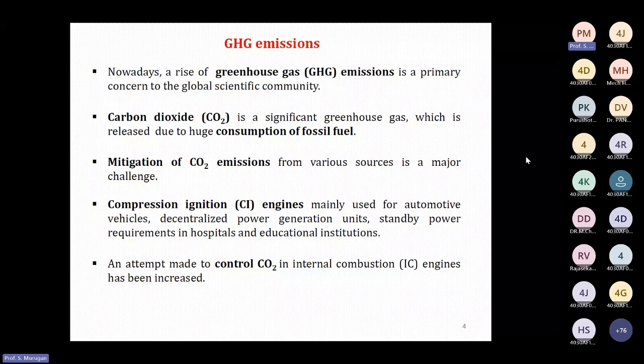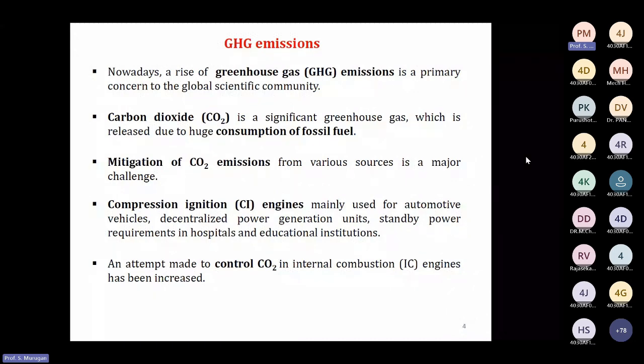Not only this, ICE engines release carbon dioxide emission. External combustion engines also release carbon dioxide emission. Like power plants, coal-fired power plants and all, we get a lot of carbon dioxide emission. The main worry of the world is that